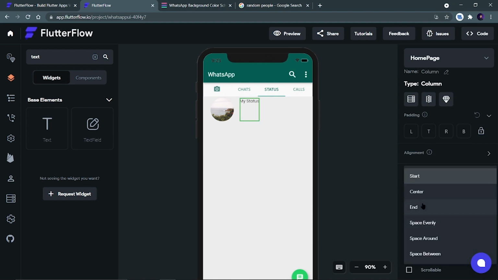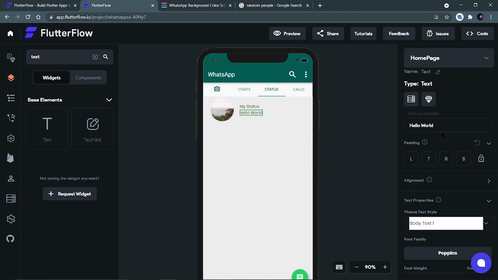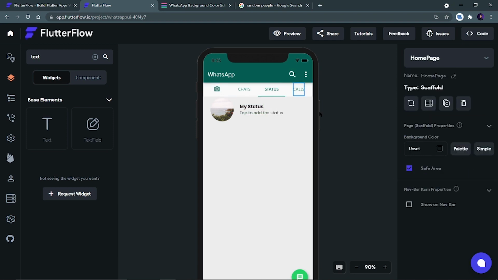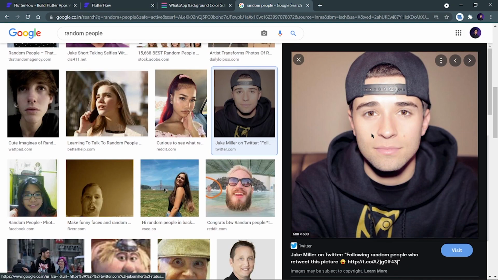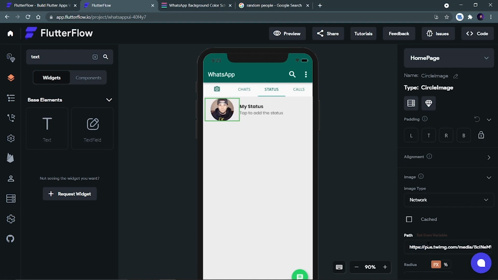Main axis alignment will be center, cross axis alignment will be start, and the next text is tap to add the status. Perfect. And the text properties of my status are going to be bold, 18. 18 is not correct. Yeah, 16 is good.